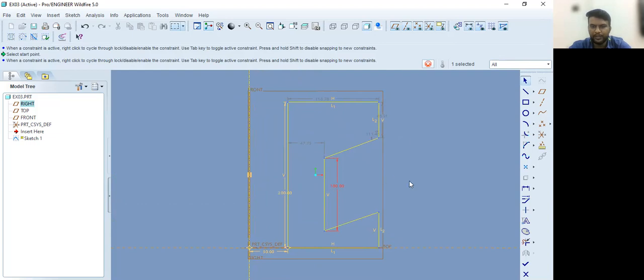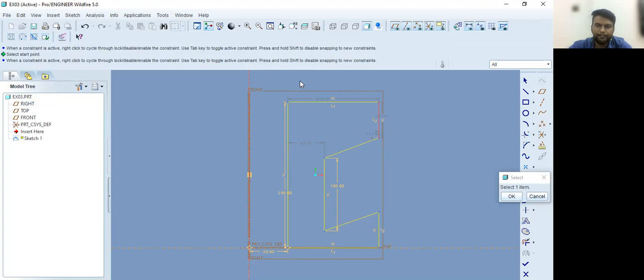Those dimensions we are going to get using the normal command. So here, the normal command, select the normal and select the line or the point between which we are going to define the dimensions. This line and this axis, and click in between those 2 lines.